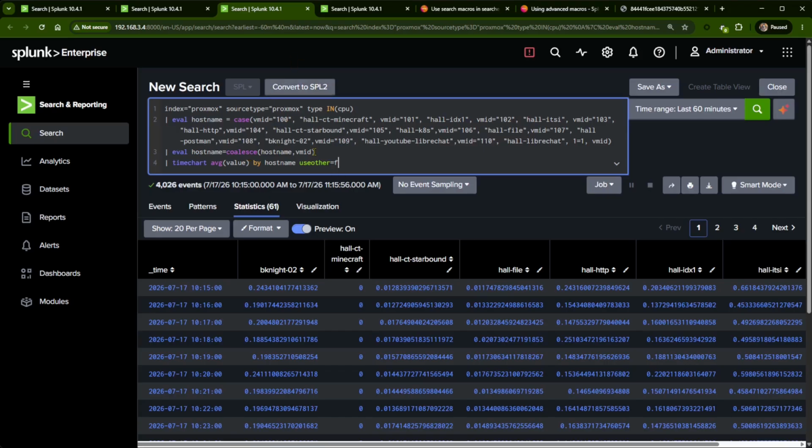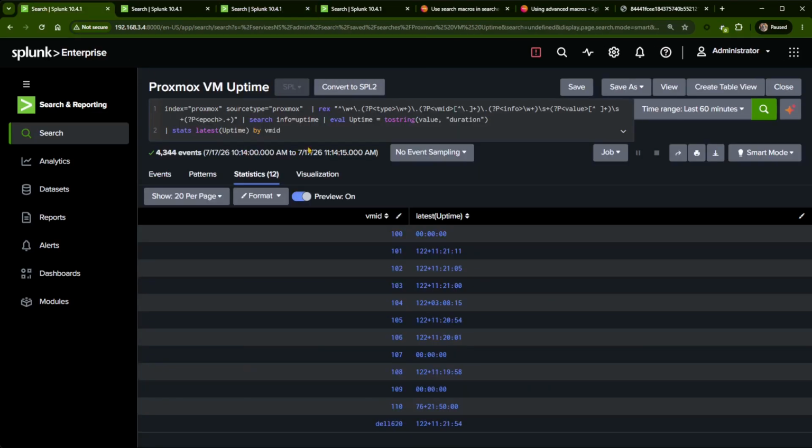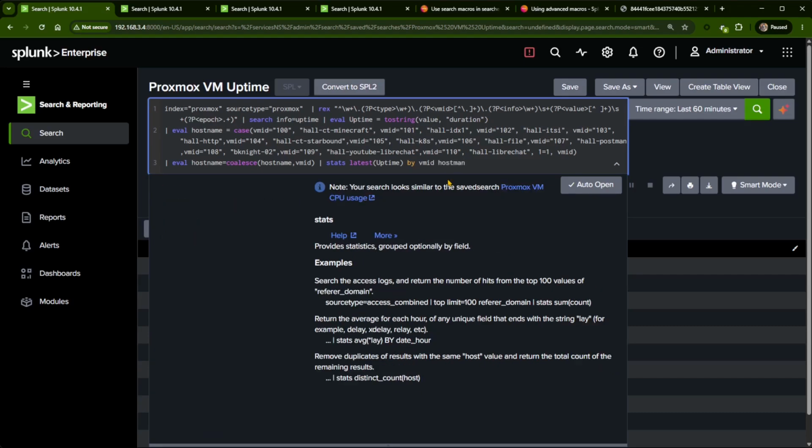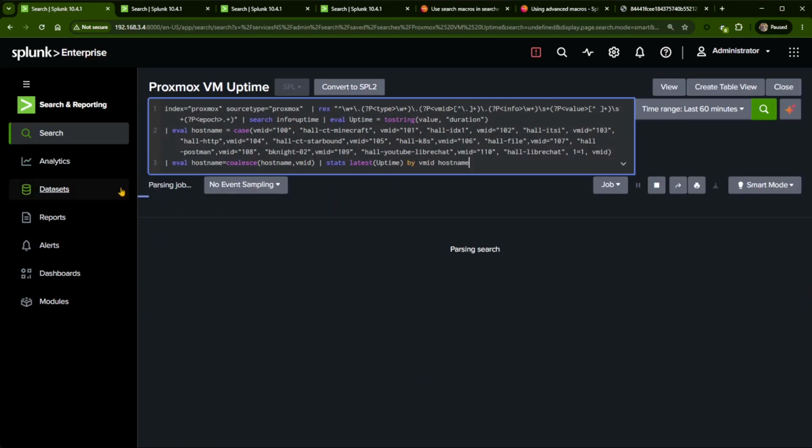And I actually copied this, and that's why I created the macro. I copied this and I went over to another search and I went, I want the same thing over here. Let me paste this in here. And I went, oh, wait a minute. I don't want to do this. Because if I do this, that means if I update that, it's going to cause me all kinds of problems. I can run this and it'll work fine, or